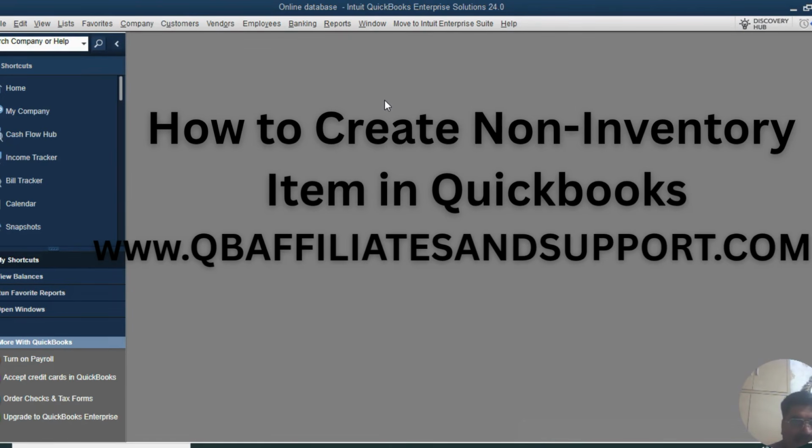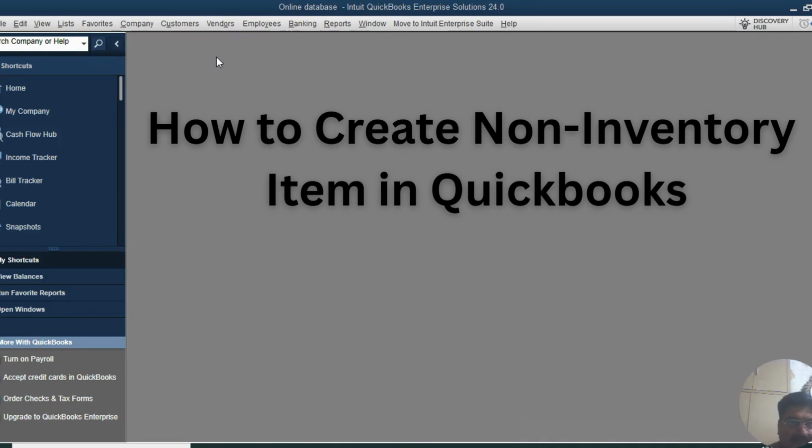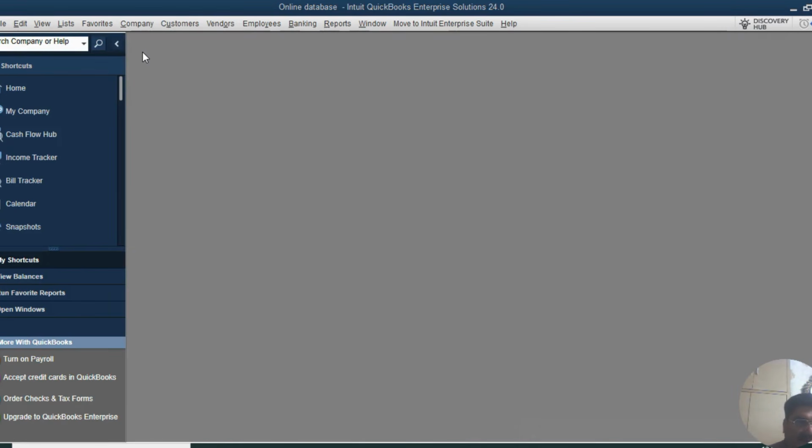So today we will be learning how we can create a non-inventory part item in QuickBooks Desktop. The file which I'm using now is an online database. Again, it's a kind of practice file we have opened. And to start, let's check how we can create a non-inventory item in QuickBooks